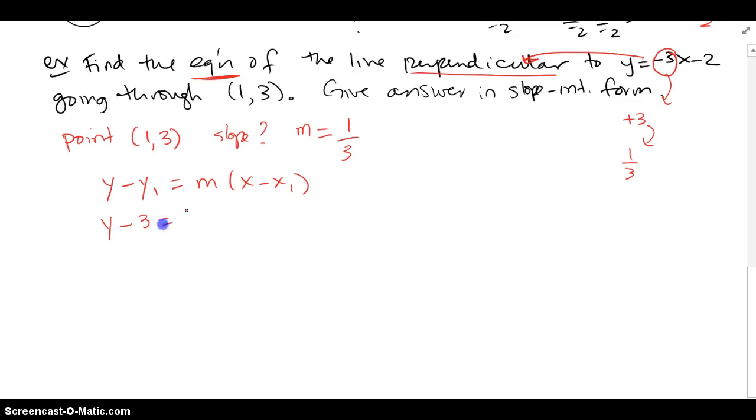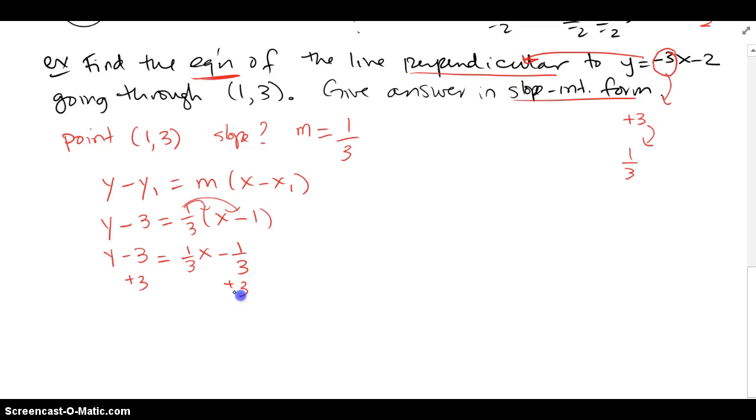So y minus 3 equals m, which is 1/3, times x minus the x value, 1. I'm going to go ahead and simplify this because they want it in slope-intercept form. If they wanted it in point-slope form, I would stop right here and I would be done with this problem. But since it wants slope-intercept form, I have to distribute the 1/3 and then add 3